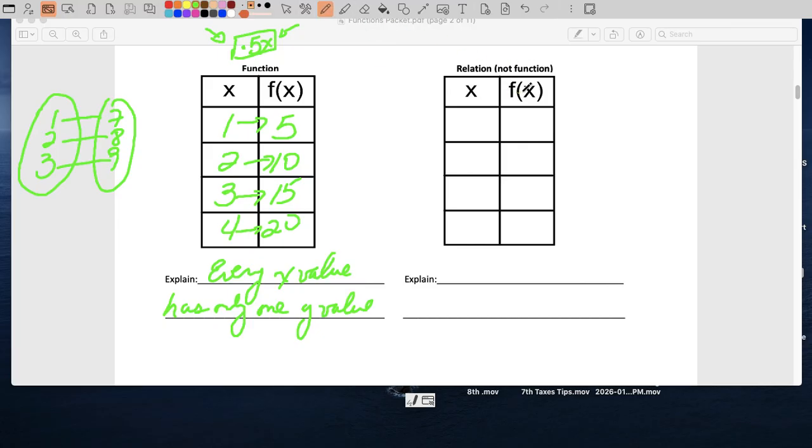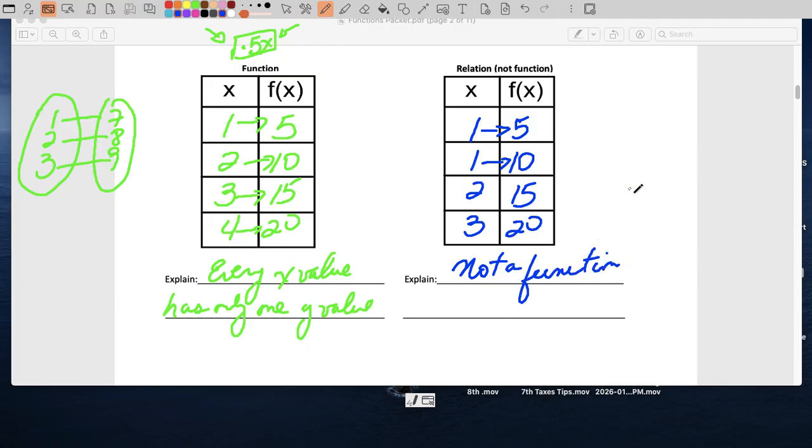And then a relation that's not a function, again, let me just write the numbers down. 1, 2, 3, 4, and let me create a function. This is a 5, sorry. Gotta correct this. So 1, 1, 2, 3, for example. Here when you enter 1, it comes out as 5. When you enter 1 again, it comes out as 10. When you enter 2, it comes out as 15. When you enter 3, it comes out as 20. So the problem here is that when you entered 1 in this function, you got a 5, and when you entered 1 again, you got a 10. So not a function,